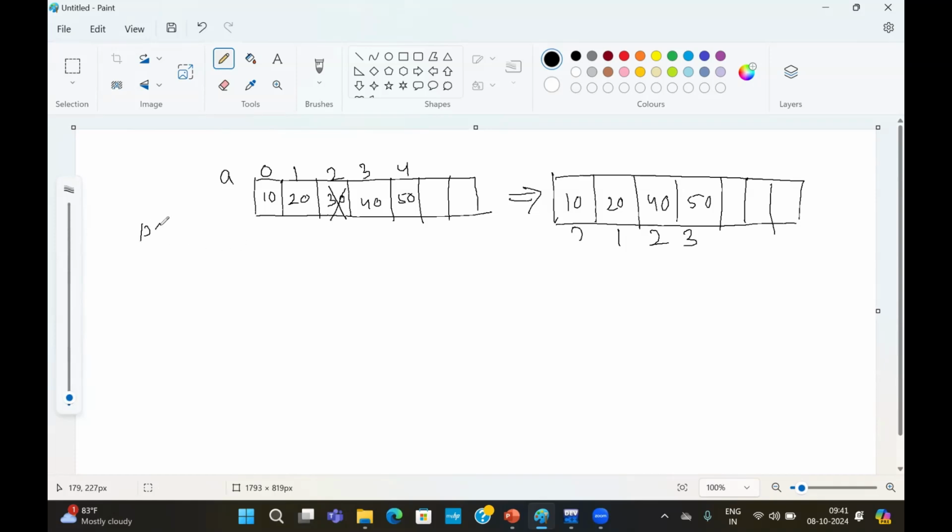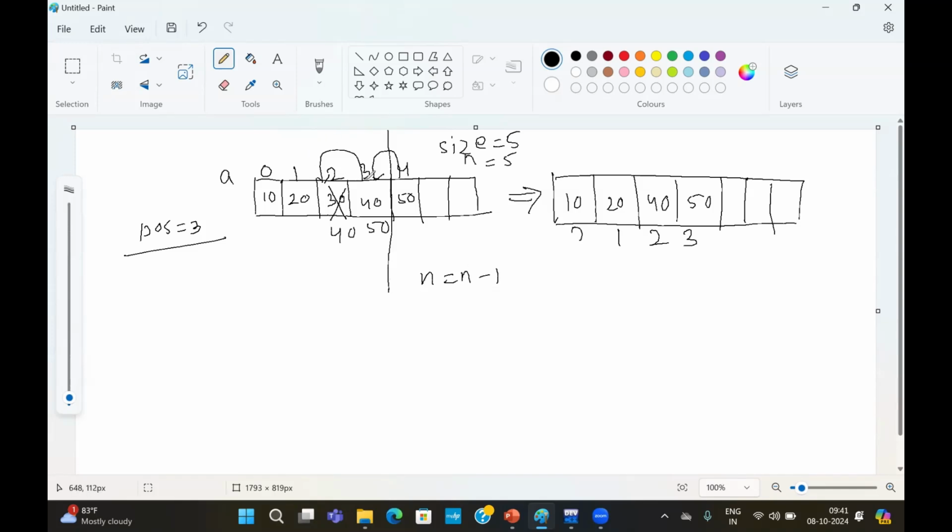So position is given 3. If I shift the value to this position, that is 40, then this one 50, then what happened? Previously the size is 5, or n equal to 5. Right now, if I reduce the size, then n equal to n minus 1.